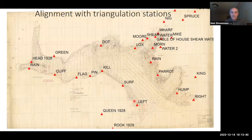So here was that station that we based our shift on, and the test was to plot all of the modern stations and see if the new red triangles plotted on top of the old red triangles, and that was the test. So that's the horizontal positioning or horizontal datum part of this. To go back to our example area,